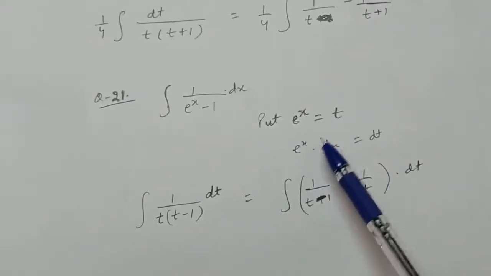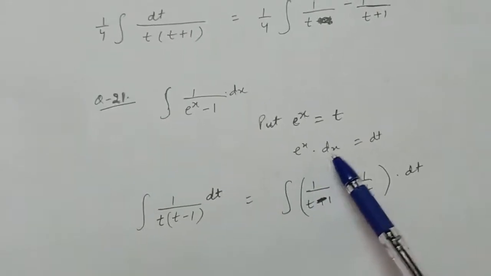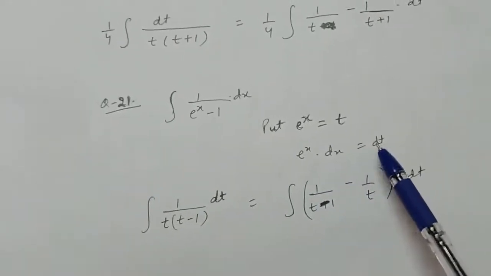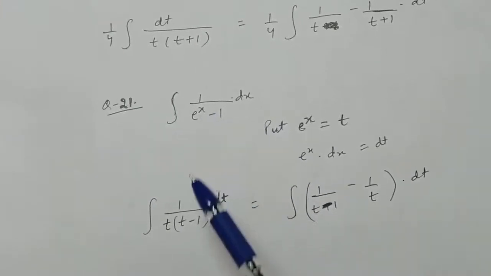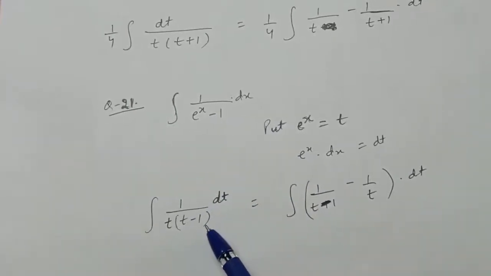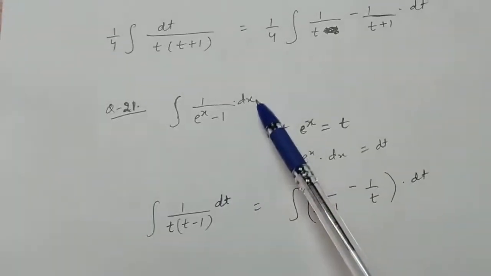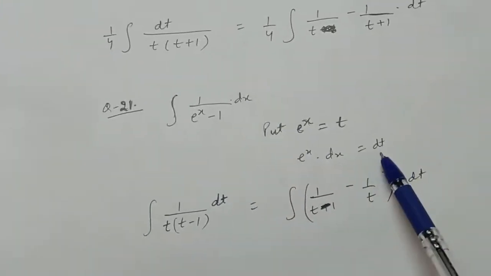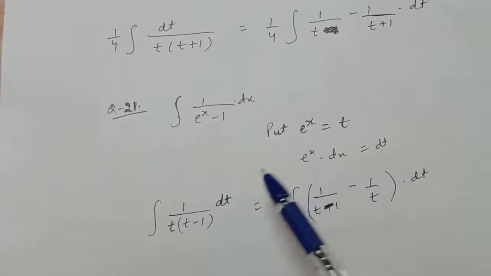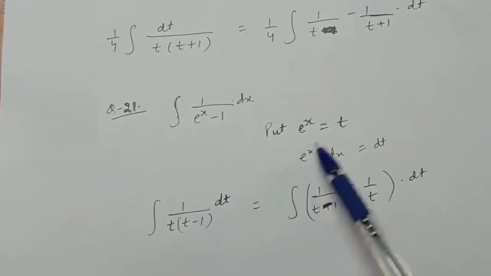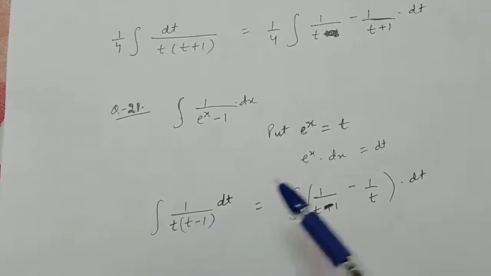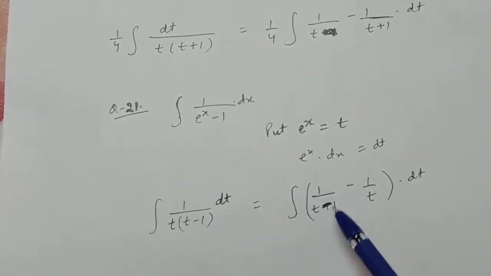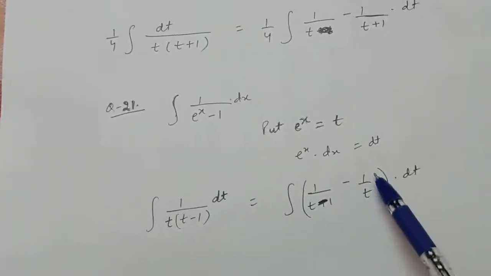Now differentiate both the sides, you will get e raised to the power x dx equal to dt. Now we will substitute it: in place of e raised to the power x, t will come. So t minus 1, and in place of dx, dt upon e raised to the power x, that is dt upon t, right? Now this can be written as integral of 1 upon t minus 1 minus 1 upon t,